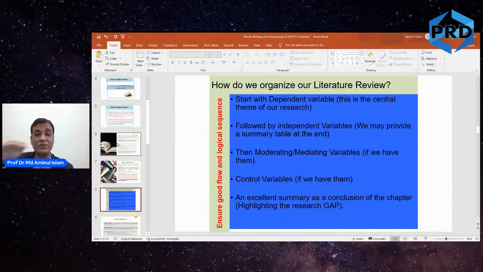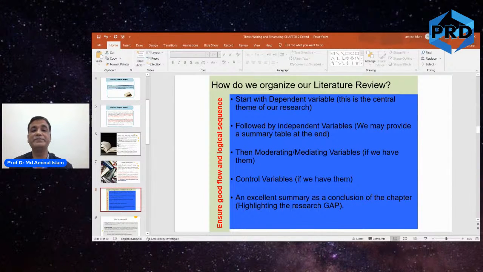So you have to start with the dependent variable. And then your independent variables, when you are writing independent variables, how should you write? Say, for example, I give an example. If the dependent variable is organization performance, that's where you start your literature review. And you are identifying here the theories that explain the dependent variable, the definition of the dependent variable, issues connected to the dependent variable, all that.